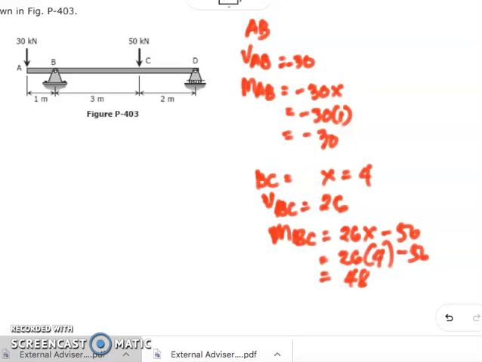Then for member CD, our x here is equal to 2 plus 3 plus 1. So that will give us 6. So shear force CD is equal to negative 24. Our moment